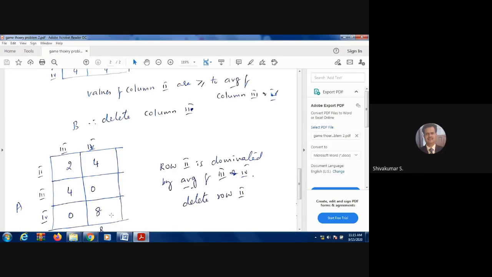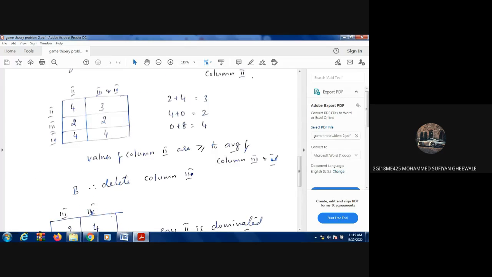Excuse me, sir. When we deleted column 3, above, sir, a little on the top, why did we not delete column 4, sir? Because now column 4 is the average value of 3 and 4, no? Because of the average of 3 and 4, the value becomes dominated. You can't delete 2 rows and 2 columns simultaneously, right? To use the dominance rule, we have taken the average values.